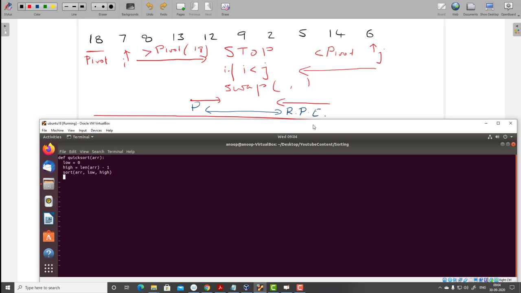Now I need to define the sort function, and sort is taking array, low and high. Okay, now we are at the meat of the function. What do we say? Choose a pivot. Remember, we have to choose a pivot,